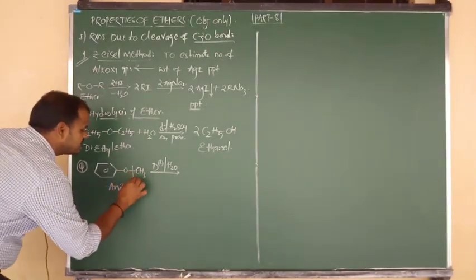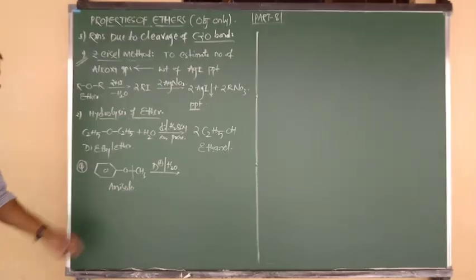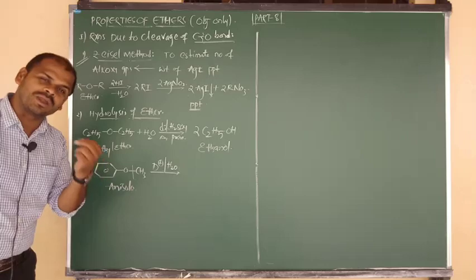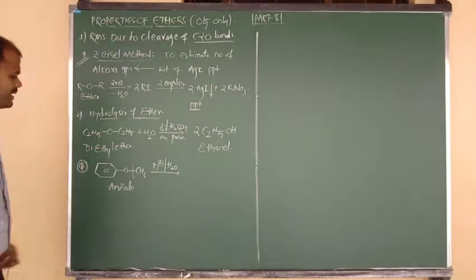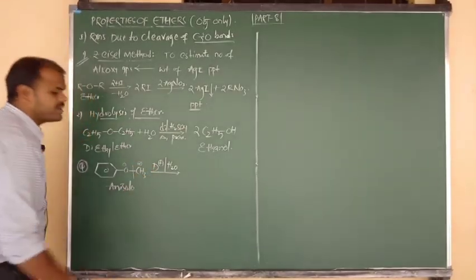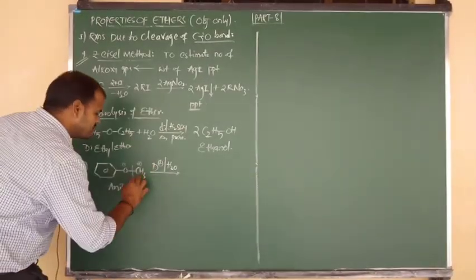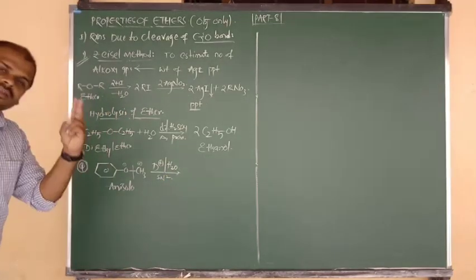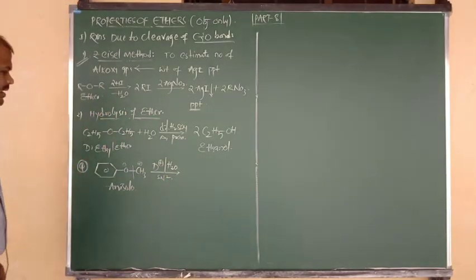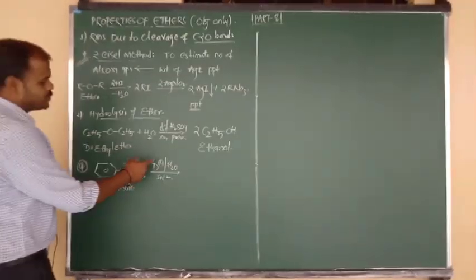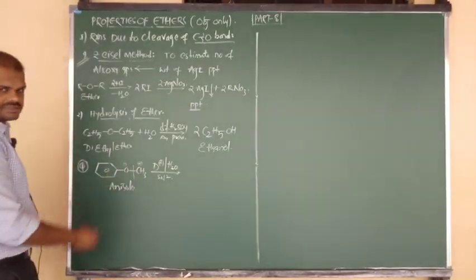So bond breaking takes place between carbon and oxygen, not between benzene and oxygen, because the phenoxy ring is more stable due to resonance. Many times I have told you, better. So here oxygen contains the negative charge and the CH3 carbocation contains the positive charge. Simple carbocation, it proceeds by a nucleophilic substitution reaction, that is SN2 reaction. So O minus is attacked by D plus, deuterium ion attacks upon the phenoxy ring.